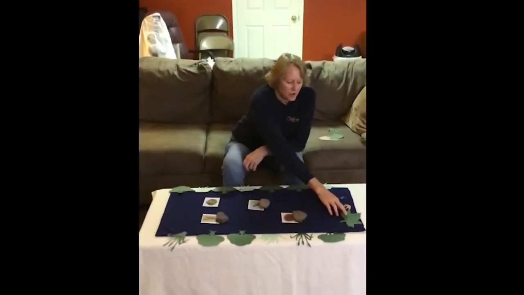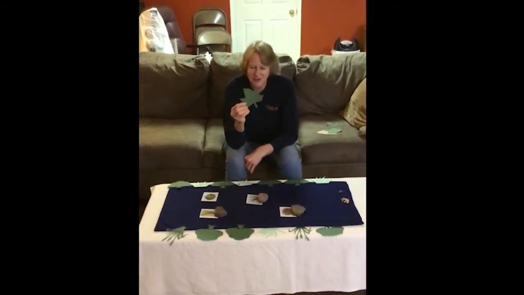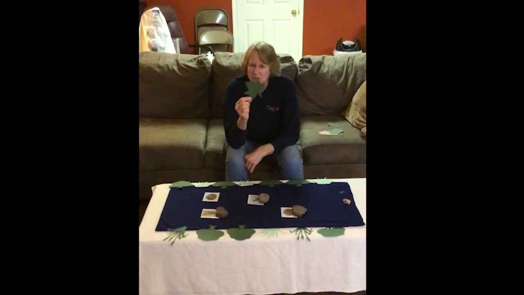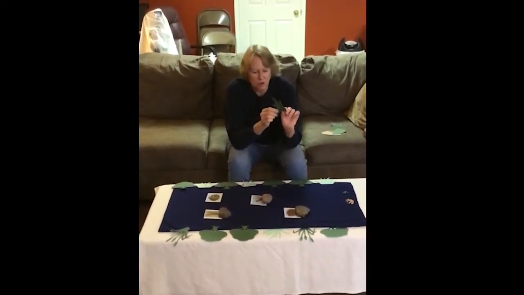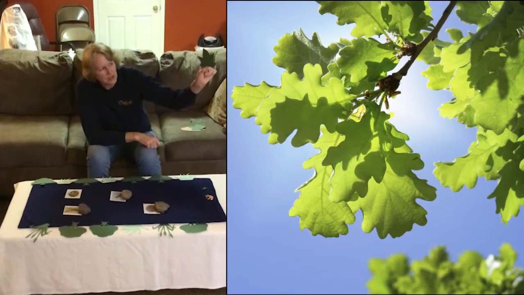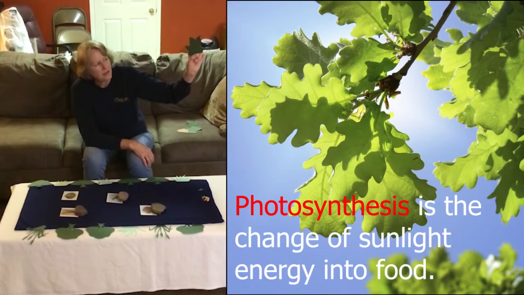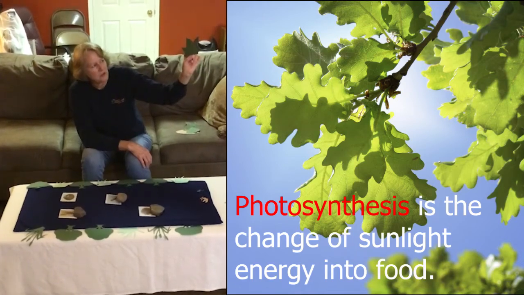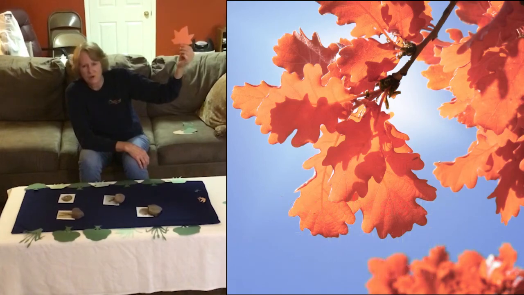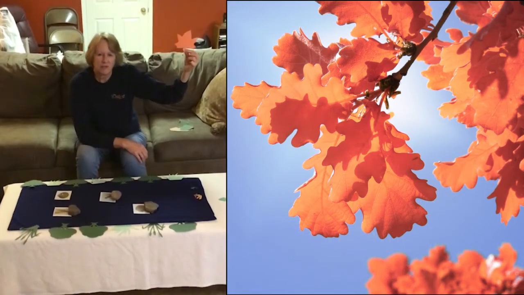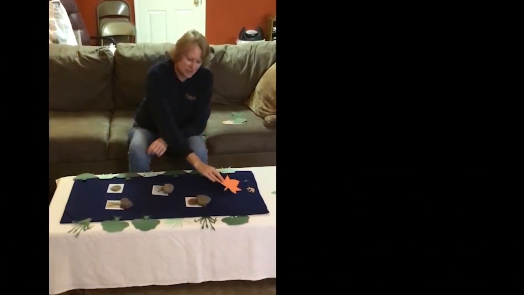So our first act is going to be what happens to this leaf. So we have a nice green leaf here. So all summer long this leaf is up in the tree, and it's undergoing photosynthesis, producing food. And then when the fall comes and the days grow shorter and it gets colder, it turns a lovely shade of orange. And then one day it falls off the tree and flutters down and lands in the East Branch